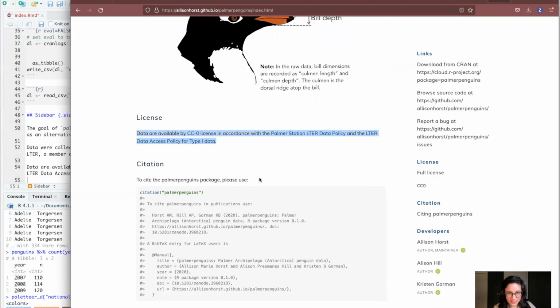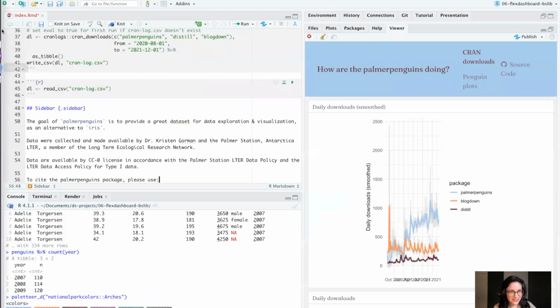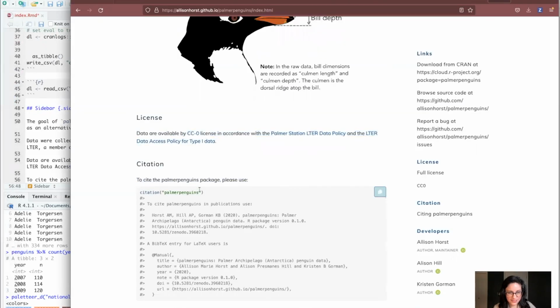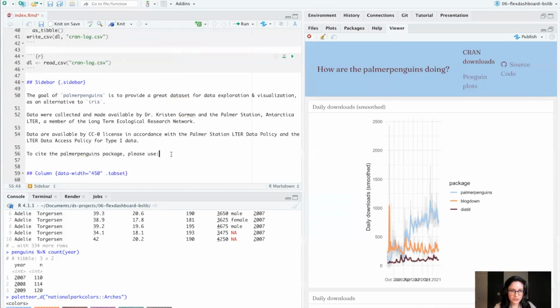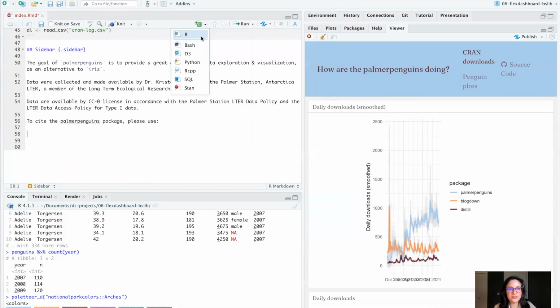And then let's do that. Citation: Palmer Penguins. And then I don't necessarily want this to run because I think it's going to be a giant printout on the sidebar. I think it's going to be too much. So I'm going to do